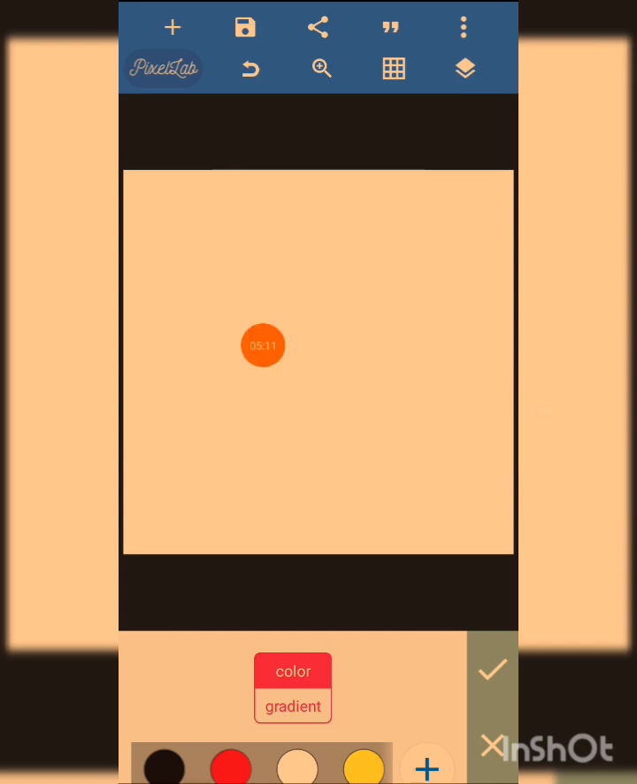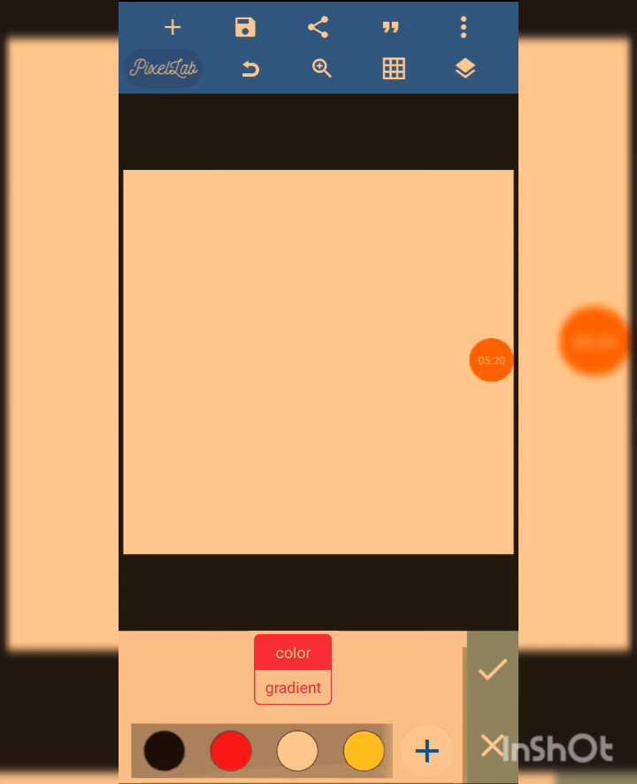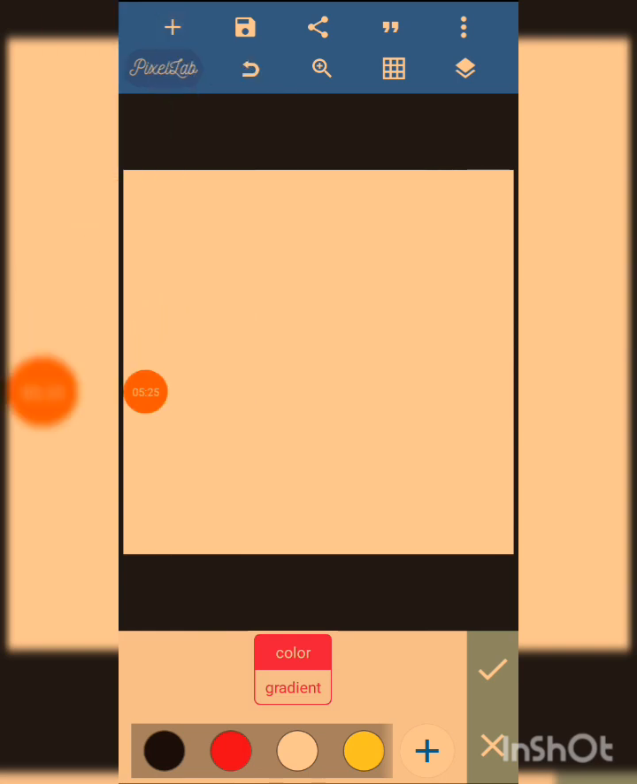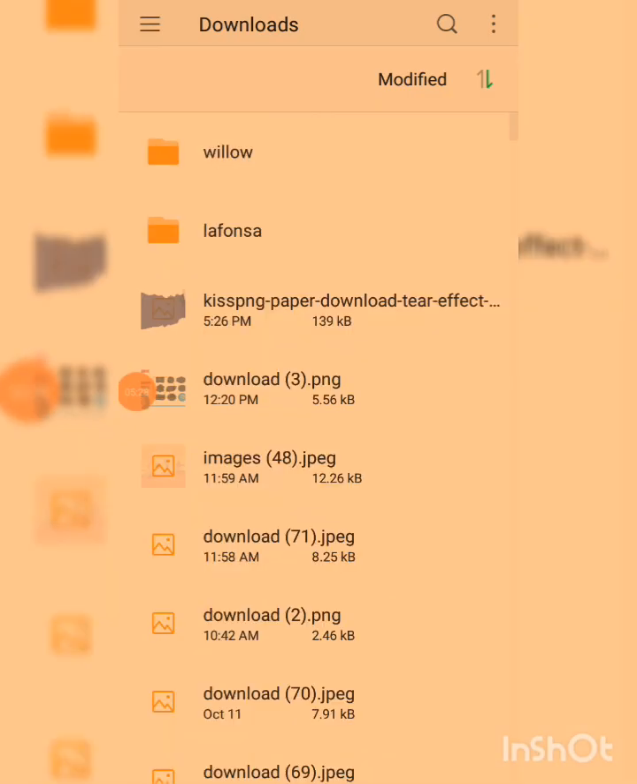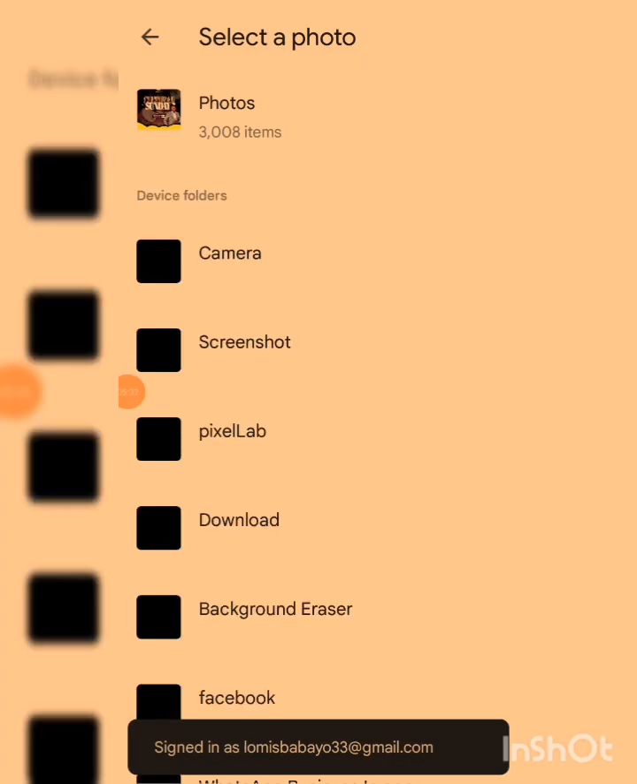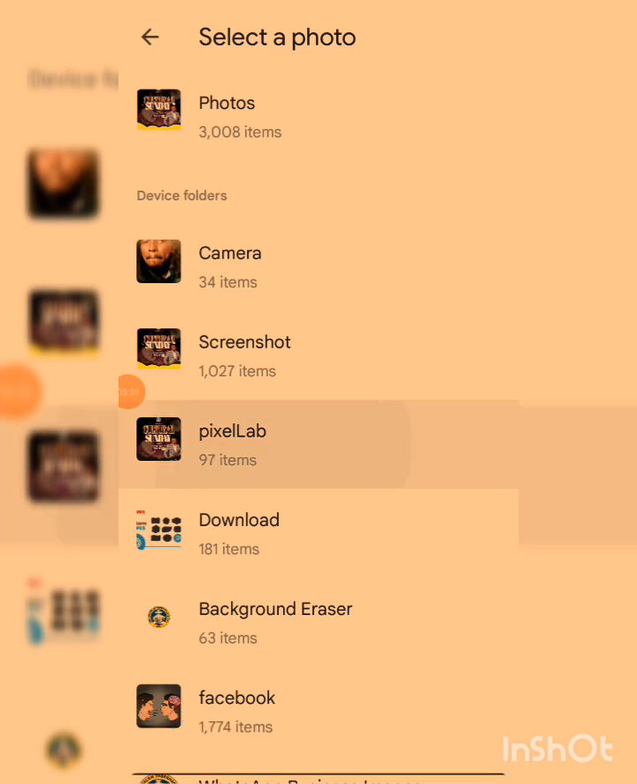Now to do our project, we have to bring down our image so that it can be our guide. Is that understood? So it can be our guide. So we just quickly click to this plus sign button, go to our gallery, come over here, now come to your pictures and go to the PixelLab,